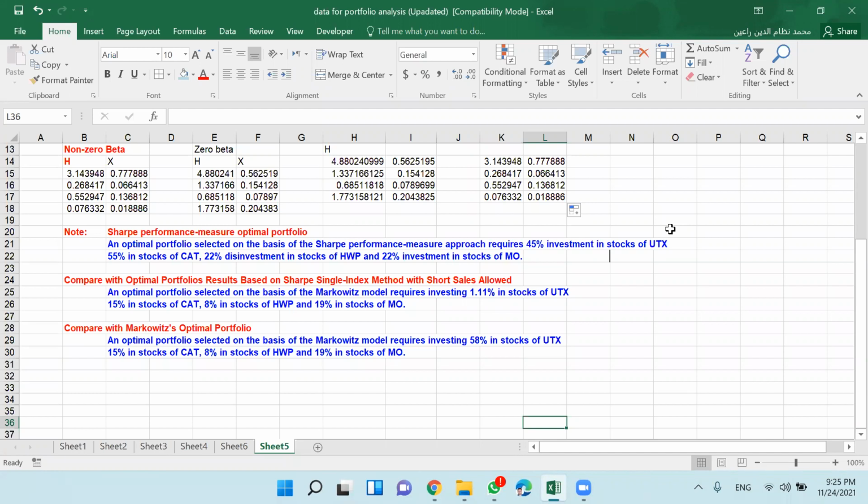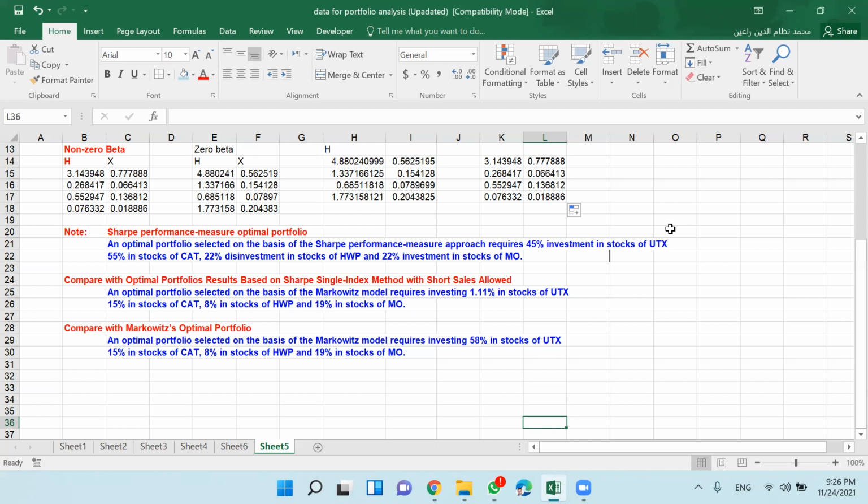Okay. And if you compare with the single index, what we learned there, an optimal portfolio selected on the basis of the Markowitz model requires investing 1.11% in stock of UTX, 15% stock in CAT. So this is basically the single index model, and this is due to Sharpe.